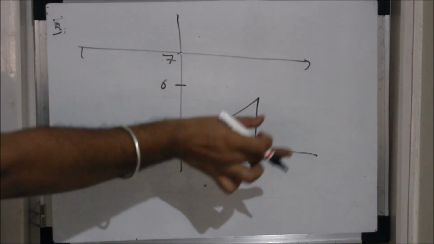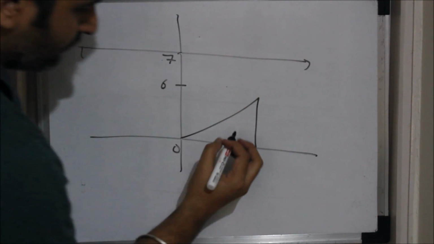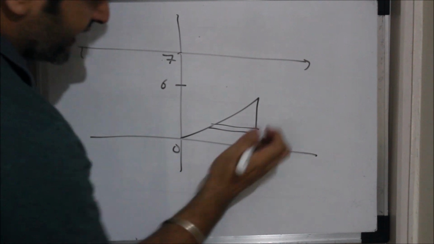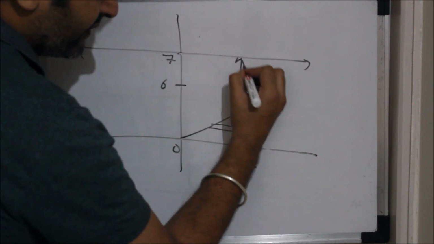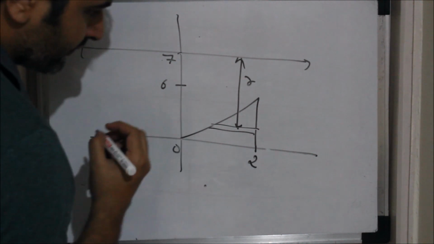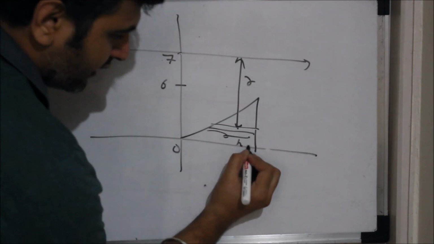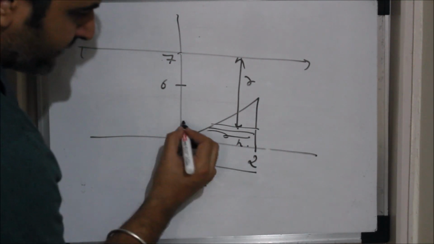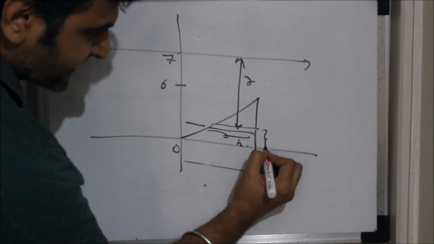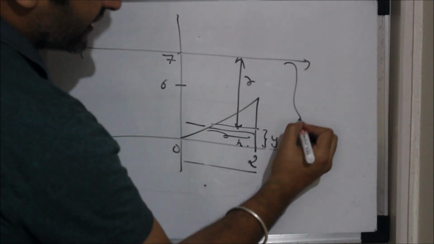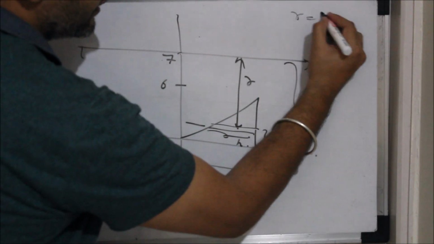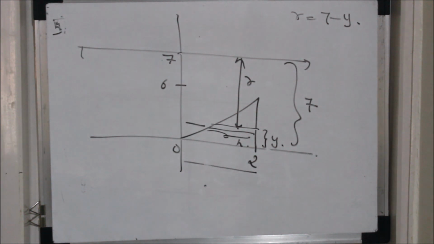So now I have to revolve along this line. So this surface will revolve like this. Okay, and now what is the shell? In that case, this is the strip I take. Then what is the radius? This will be my radius, and what will be my height? Height will again be the same, which is nothing but 2 minus y by 3. And what is the radius? As you can observe, this much distance is y, and the total distance is 7. So my radius will be 7 minus y, and height will remain the same.